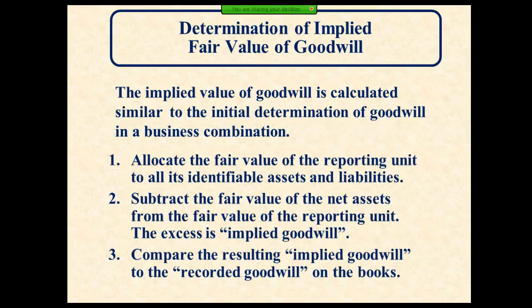And basically, how we're going to test for this impairment, we're going to basically determine the value of goodwill, similar to how we initially did it. We're going to allocate the fair value of all those identifiable assets and liabilities. Then from that, subtract